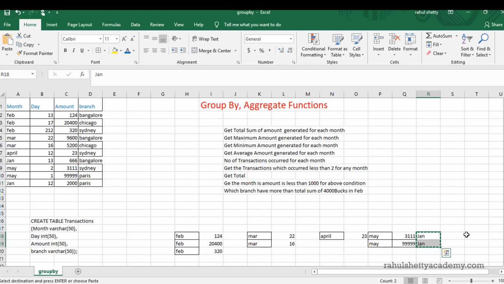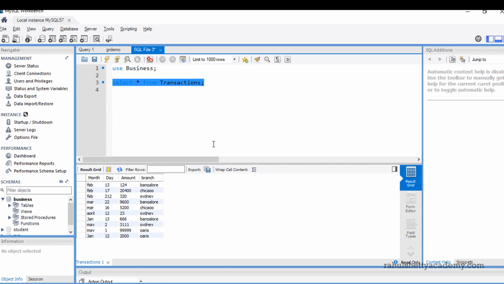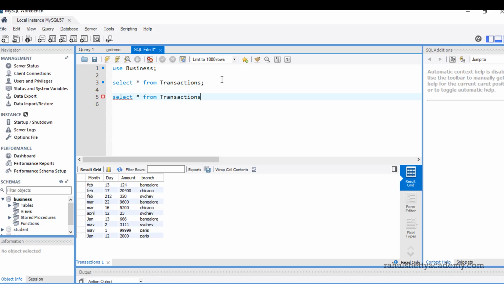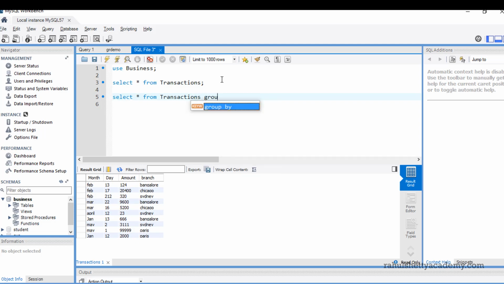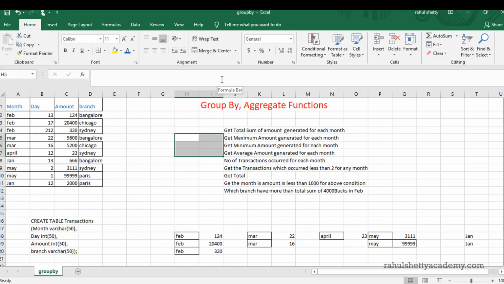Now you are doing this manually, but when you say group by month, SQL does this work for you. Let's see how it performs. I'll go back and say select star from transactions, group by what? If you say group by month, then SQL will first find out how